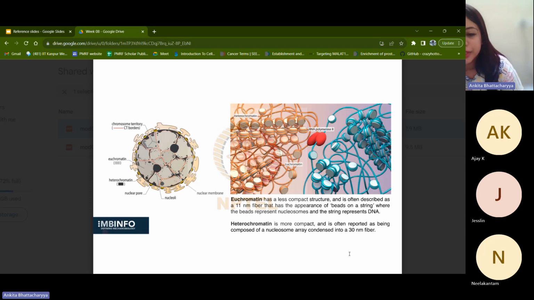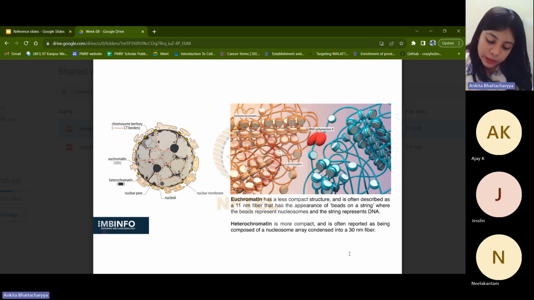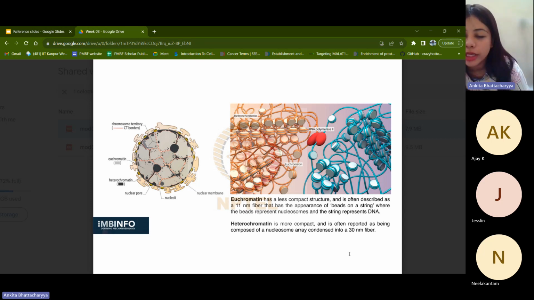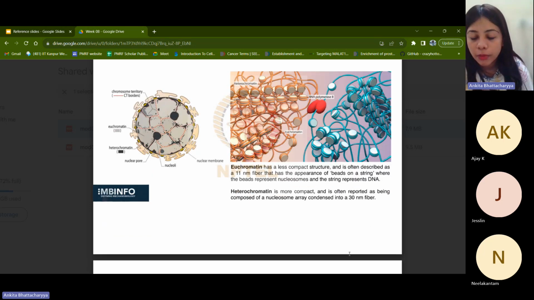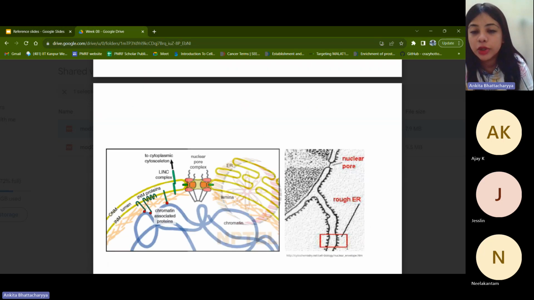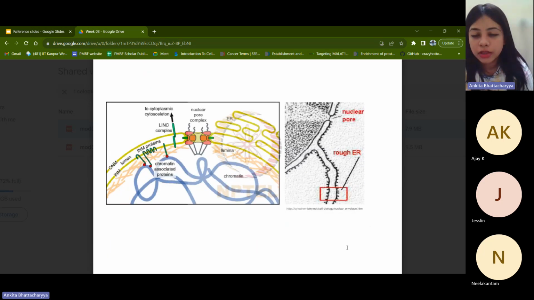The heterochromatinized region of the genome or of any chromosome is transcriptionally inaccessible because it is wound so tightly, transcription machinery can't sit on top of it. Versus when you talk about euchromatin, it is the more accessible or less tightly wound area, and there the transcription machinery can sit very easily and can express those regions of the genome with much ease without needing too much readjustment of the histone attached with it. So yeah, those were the two types.